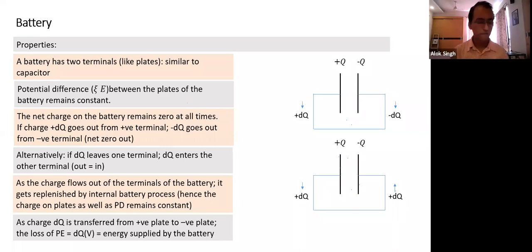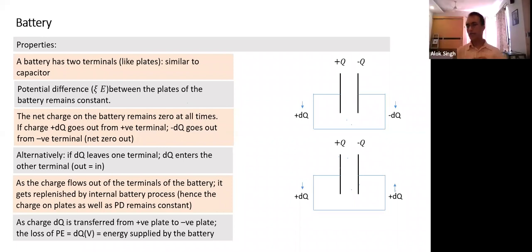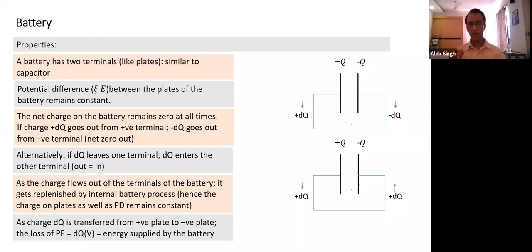Yes, Alan? Sir, when the charge transfer takes place, does it take place instantaneously or is there a delay? Actually, if you connect a battery and a wire, it takes time. It doesn't happen instantaneously. Some of you studied current also. What does higher current indicate? Charge is flowing at a rapid rate. So is the transfer instantaneous? No. It happens over a period of time.